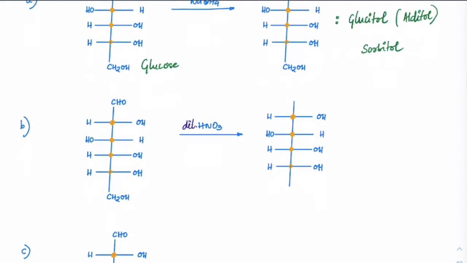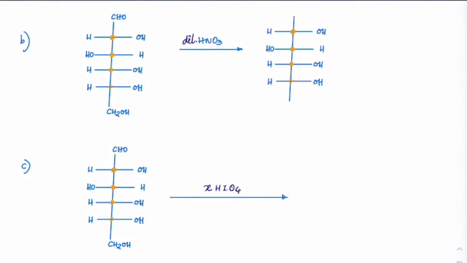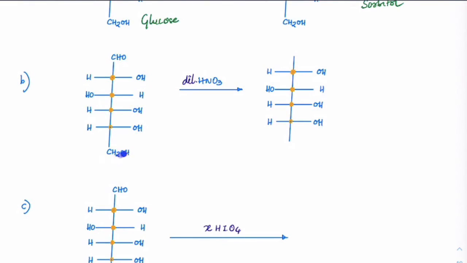Got it? Next reaction, if you check aldoses with dilute HNO3. With dilute HNO3, primary alcohols and aldehydes both will get oxidized. So we will get COOH and COOH here. Got it? When both COOH groups are there at these two terminals, which is a dioic acid, this is called glucaric acid. Glucaric acid. Okay, and because it is derived from aldehydes, we can call this the family of aldaric acids. These are aldaric acids.